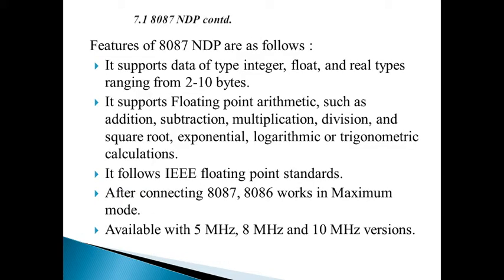Let us see the features of 8087. It supports data types of integer, float and real types ranging from 2 to 10 bytes, so the max data type support is 80 bits. It supports floating point arithmetic such as addition, subtraction, multiplication, division, square root, exponential, logarithmic or trigonometric calculations also. The data types follow IEEE floating point standards for the representation, and whenever